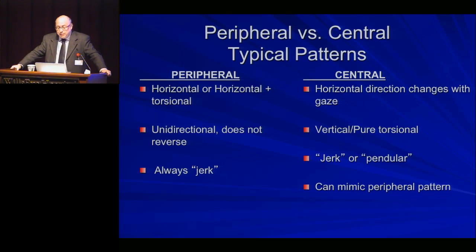It may be vertical or pure torsional. If you have a pure torsional nystagmus, that's also central, if there's no horizontal component. It could be jerk or pendular, and it can mimic a peripheral pattern sometimes. And one of the reasons for that is that